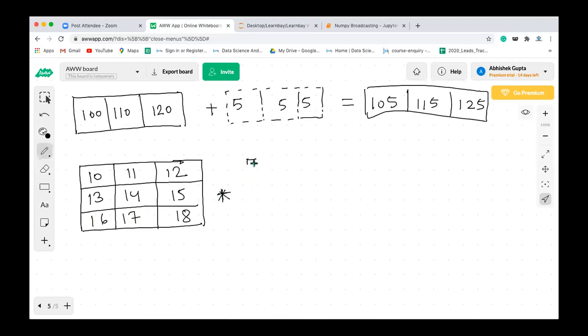Okay, 5. We also know that if you do the multiplication with an array, element by element multiplication will happen. But how exactly does it happen? If you try to fit the broadcasting concept, this is also getting broadcasted along the rows and along the columns.